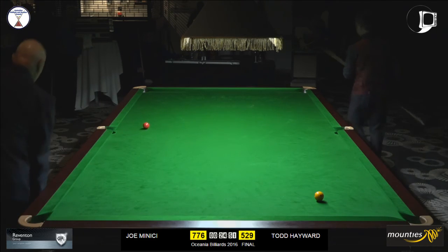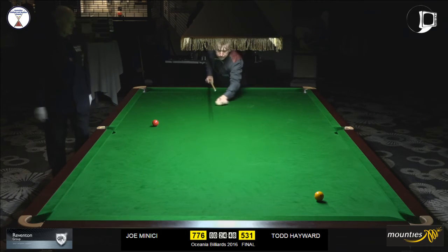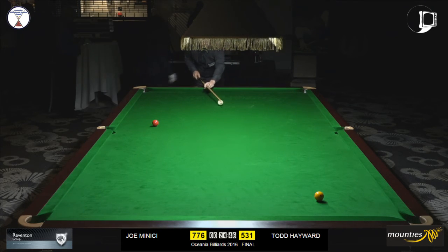Wow. That really threw, didn't it? Strong left-hand side. It probably raised his butt a little bit just to get a little bit of a swerve into that ball, and it just